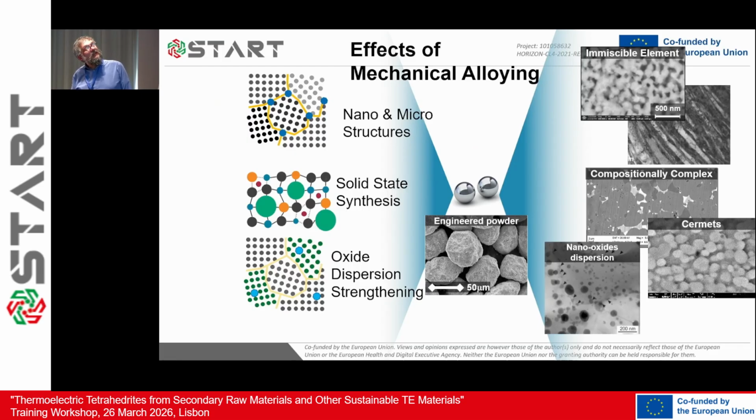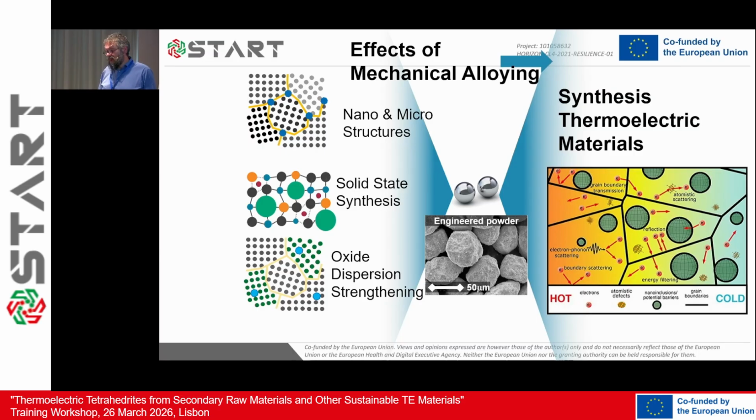So these properties are used, at least in our company, to deliver different effects. Put together immiscible materials, have nanodispersoids, obtain CERMET, so dispersion of carbides in the metal matrix, obtain compositionally complex alloys. But these properties are also relevant to the thermoelectric materials, because the amount of grain boundaries that you can deliver and keep into a thermoelectric material also helps in the decoupling of thermal conductivities and